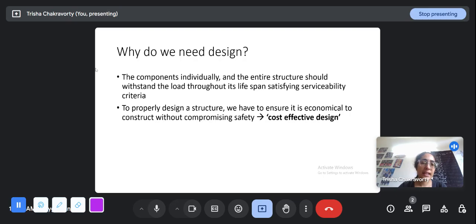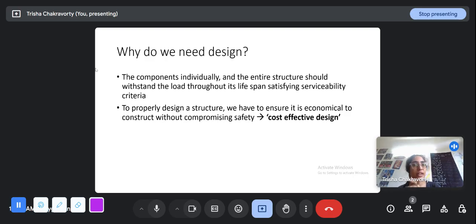And also, if we take higher loads, then we will need more material. We will need maybe greater constructional skilled workers. So with everything, it will increase the cost and will make the building to be constructed impractical. So we have to strike a balance between safety and economy. But at the same time, we cannot compromise on safety.